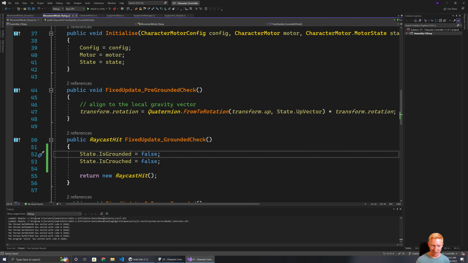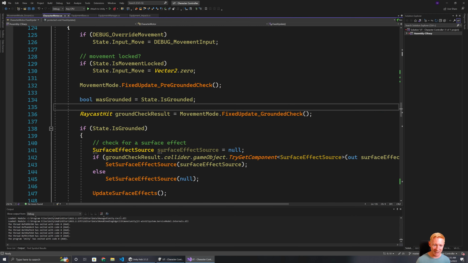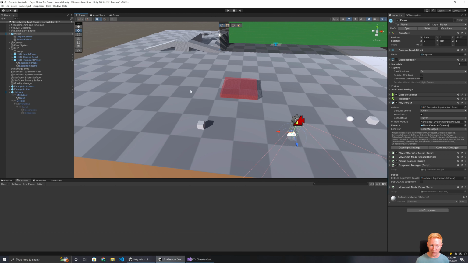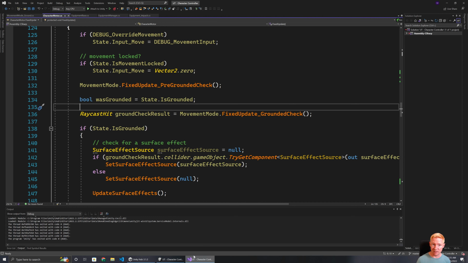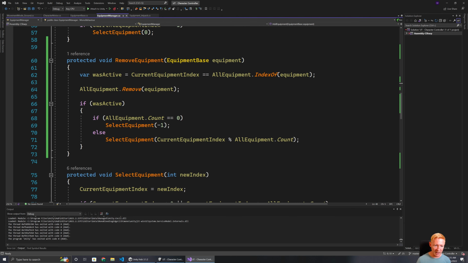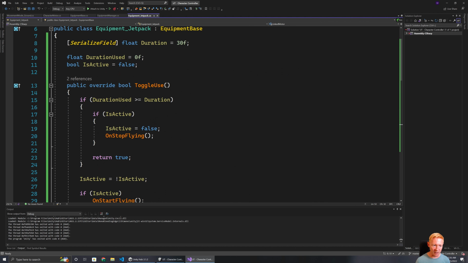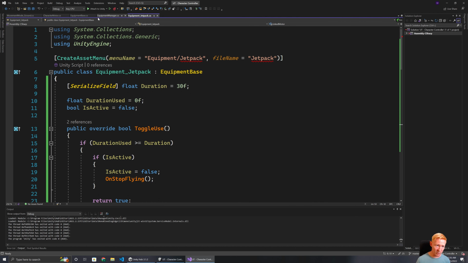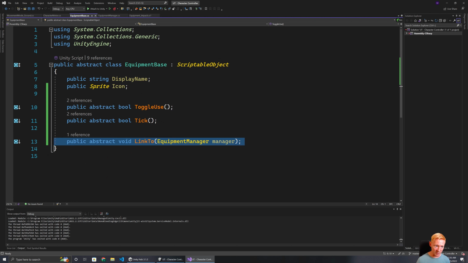So we successfully fell. Now, what would be nice is to have an actual indicator in the UI of, is it active? What's the level of usage? Things like that. So what I want to do is start adding in a couple of additional things here. That is active setting would actually be really useful to have in the parent. So I'm going to move this into the base class,